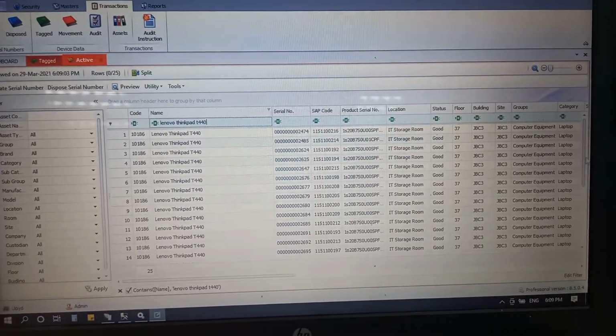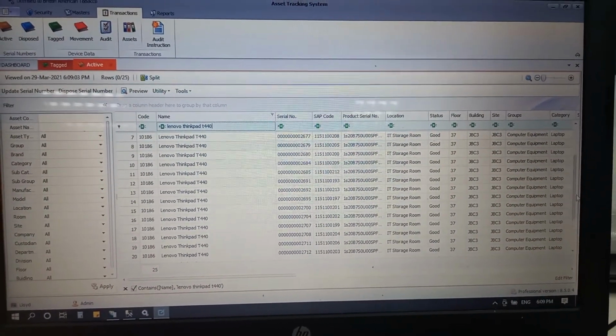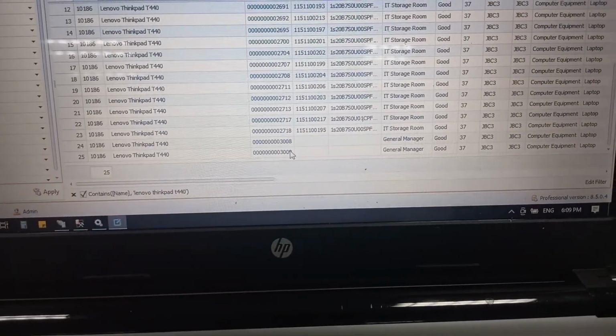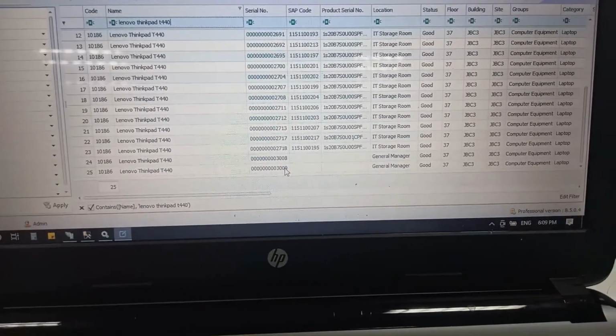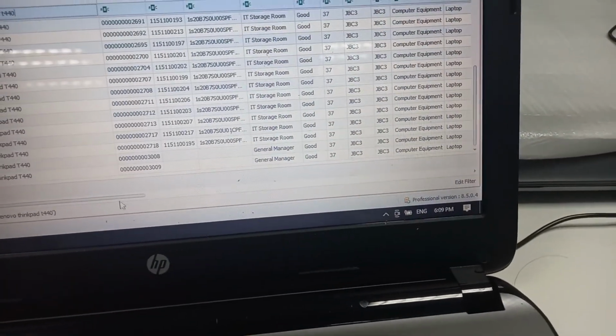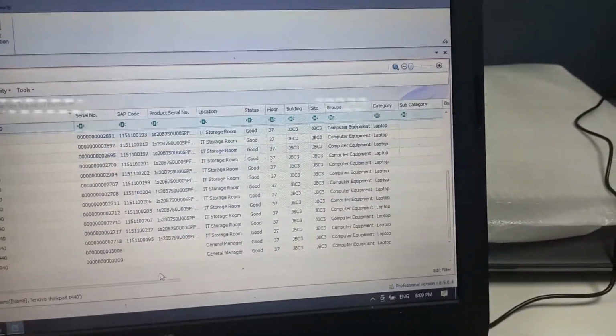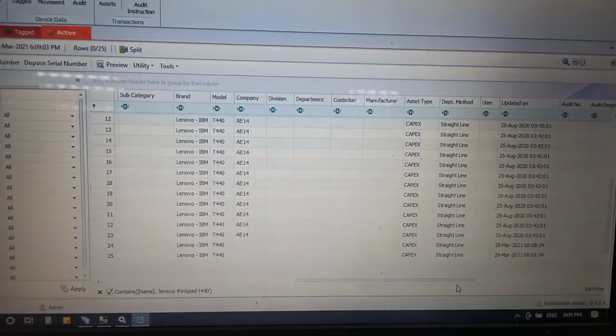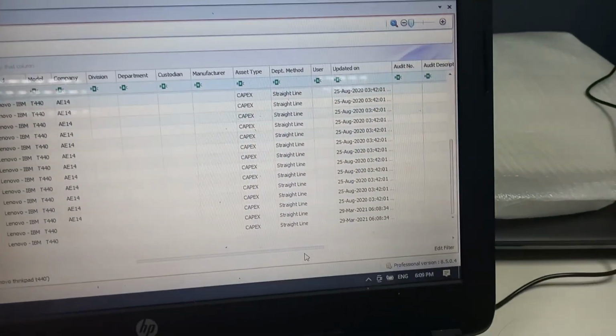So you can see the latest information here. This is the latest serial number we tagged, and this is the location we selected, site and building, then brand, the company. All information will be here.